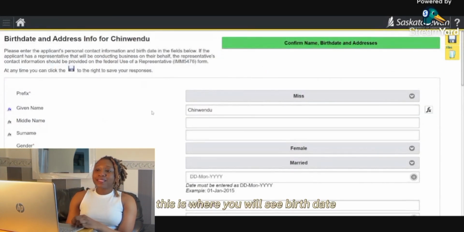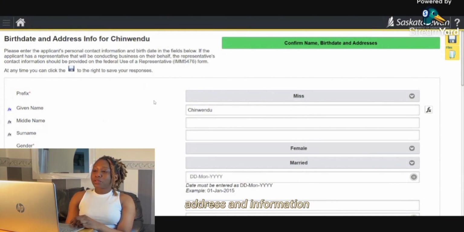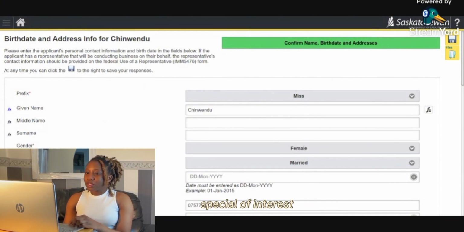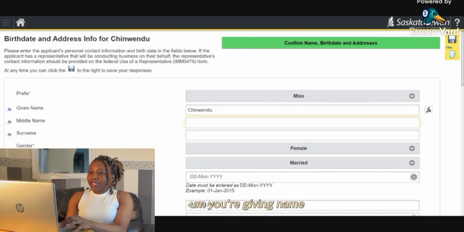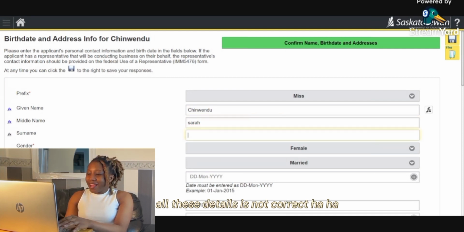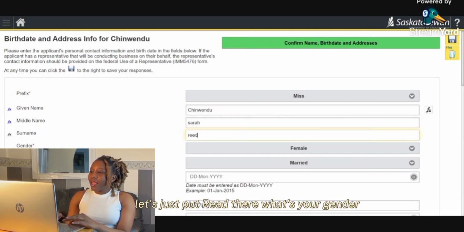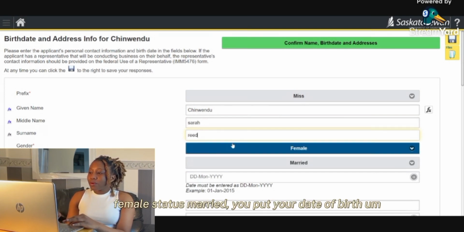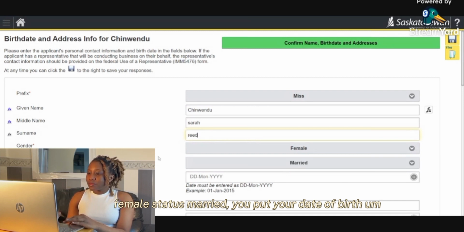This is where you will see birth date, address and information the moment you click on "Begin your expression of interest." So you put your details, your given name, that's your first name, what they normally call you, then your middle name if you have any, then you put your password. All these details are not correct. I'm just putting other names, let's just put read there. What's your gender? Female. Status, married. You put your date of birth,